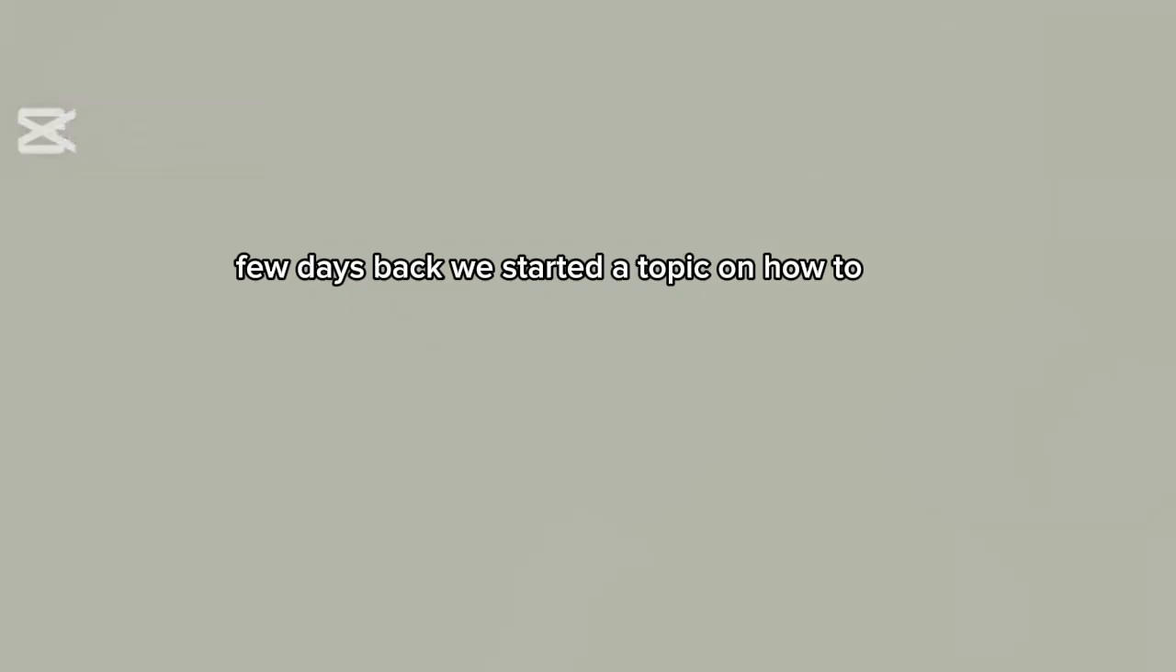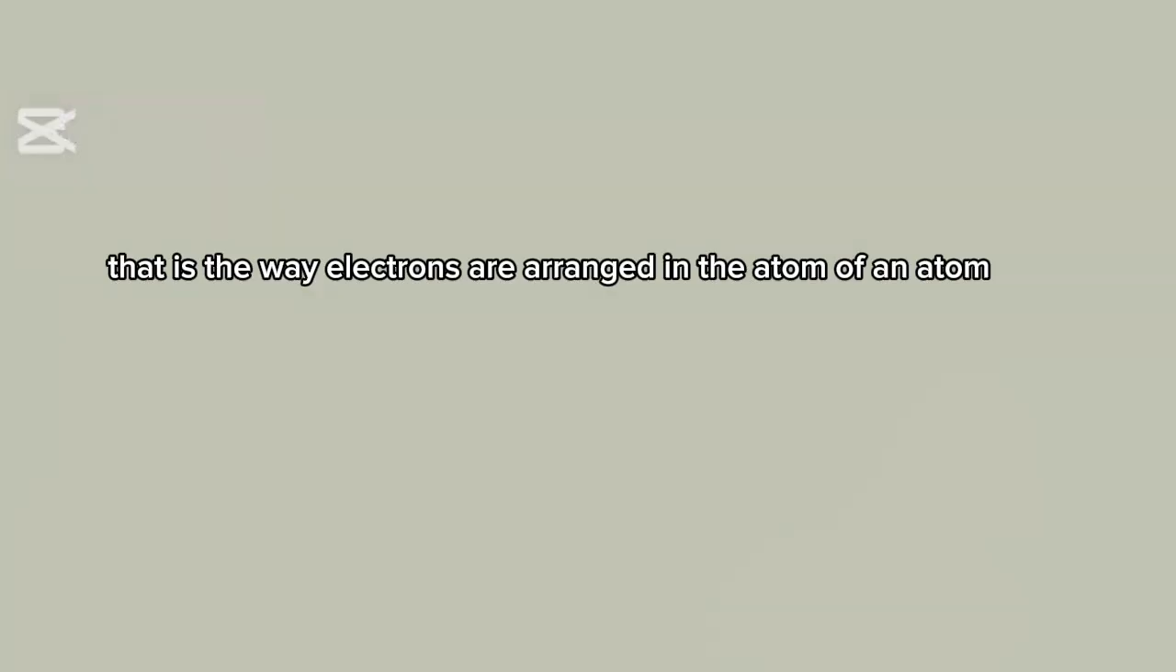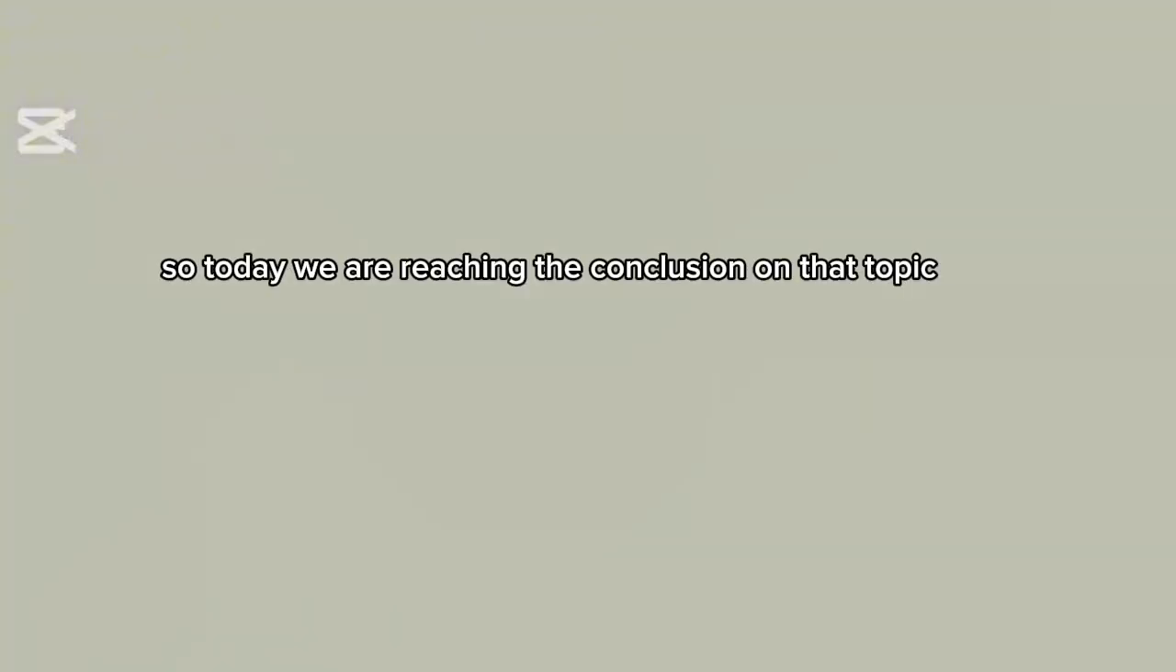A few days back, we started a topic on atom element electronic configuration. That is the way electrons are arranged in the atom of elements. So today we are reaching the conclusion on that topic, and I want to show, so far we learned that